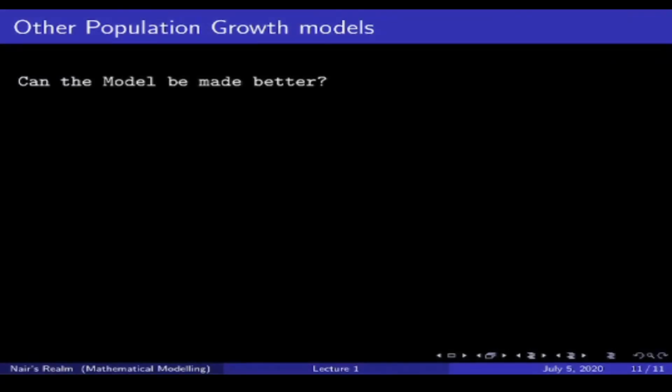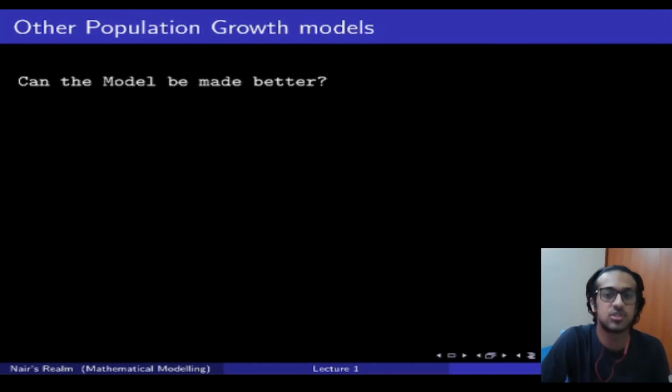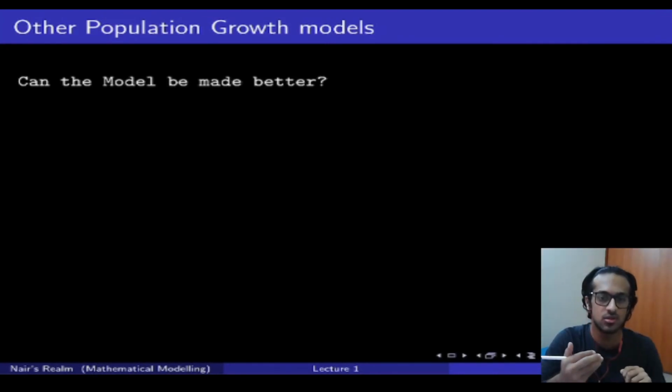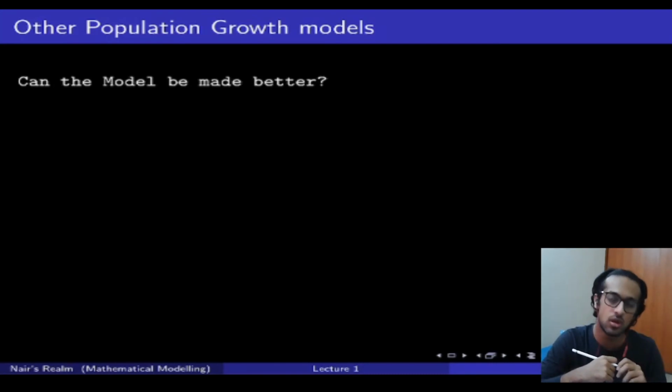Now, if we were to ask a very important question, which, if you remember from my flowchart, is: are the results meaningful? Those results were meaningful back in the day, but today it doesn't make that much sense. So can I make the model better? This is a very important question to answer. I'm going to leave you with the question of how you can make this population growth rate model better. What changes can you make? What assumptions can you make? What changes in the way we modeled? Is there any change we can make? These are all questions you can think about, and I will answer this in the beginning of the next lecture. But I will leave you with a hint.